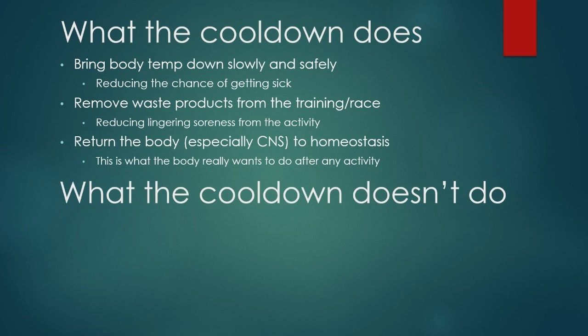So, and really importantly, the central nervous system. That's why I'm kind of clueing that in, because that's controlling a lot of what you're doing. Your central nervous system has different parts, like resting heart rate, your parasympathetic nervous system versus your sympathetic nervous system. We're not going to get into that a lot, but the idea being that your nervous system is big, and what part of it is turned on for you to be in homeostasis, and how can we get it back to that. So those are the things that the cool-down can do, and we'll look at that specifically in the different